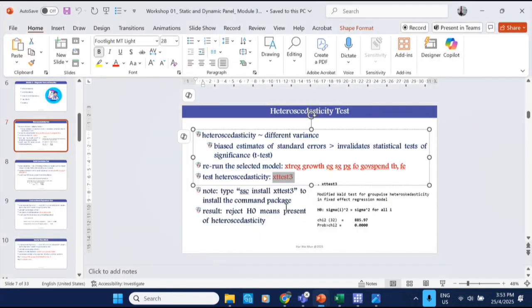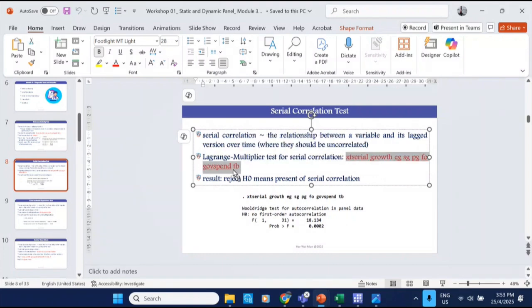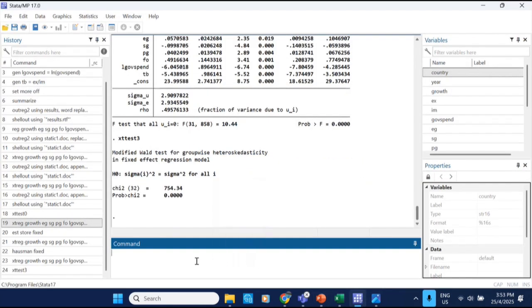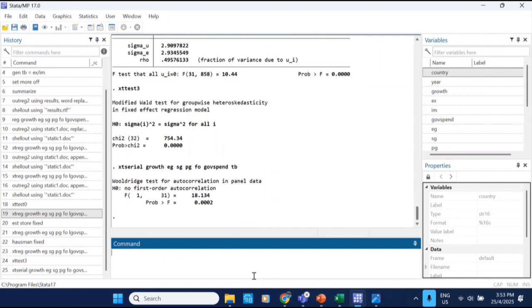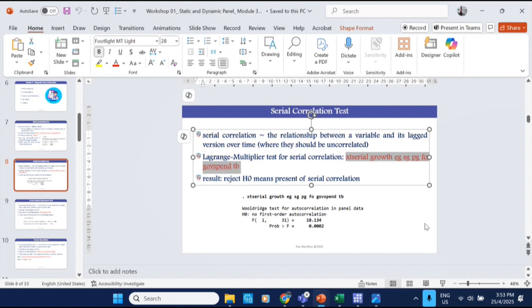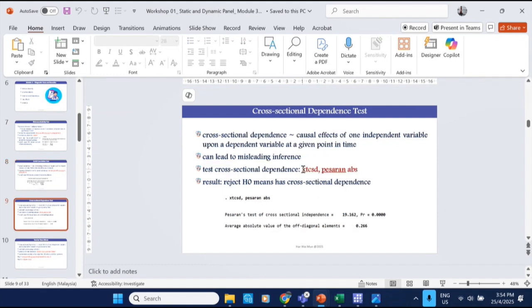Then for serial correlation, you see also copy and paste from here, 0.002, right? Significant means there is serial correlation. For cross-sectional dependence,